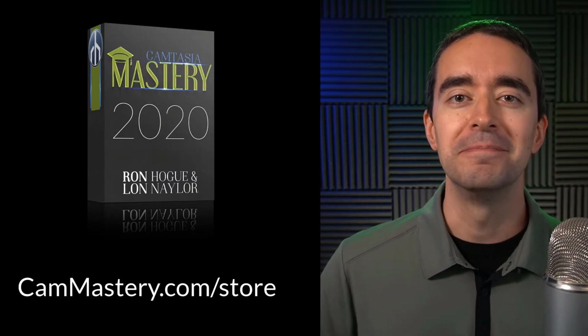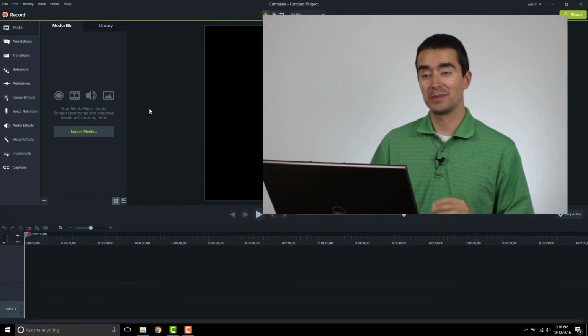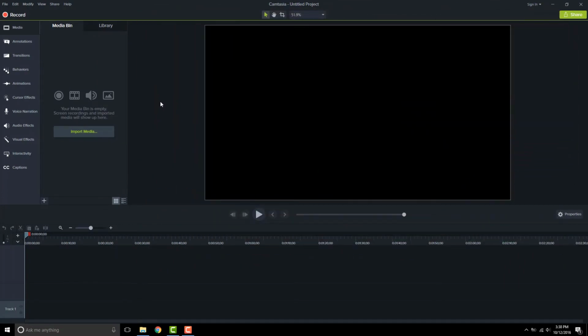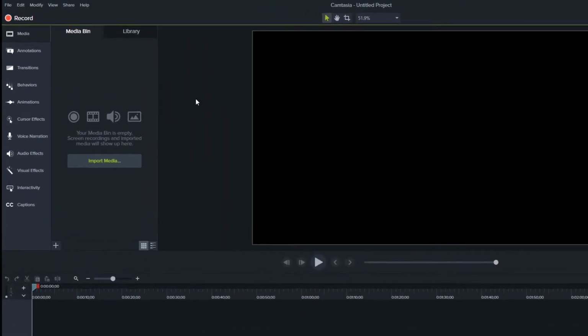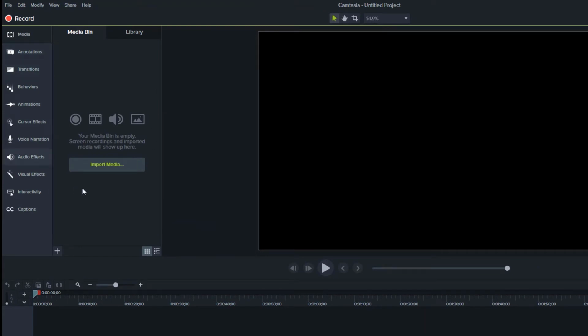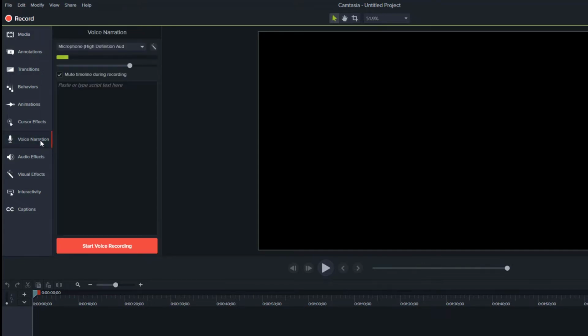Now, onto the video. So now let's take a look at the voice narration option inside Camtasia. I know we haven't done too much in the interface, but let's take a look here. And I'll see here on the left, remember I have my tools panel here on the left. One of my options is voice narration. And I see there that I can also use the V key to get to that. So I'll go ahead and click voice narration since I'm right here.